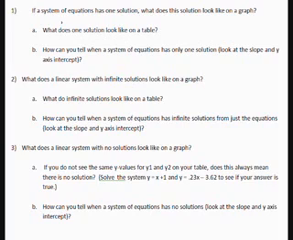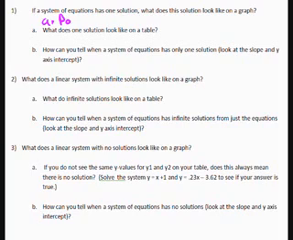Alright, we're going to go ahead and summarize what we just got through going over on the previous examples in the next 3 questions off your worksheet. First question, if a system of equations has one solution, what does this solution look like on a graph? Well, one solution is where the two lines intersect. So you can say something like where the two lines cross, or it's a point where the lines intersect, something along those lines. I'm going to write